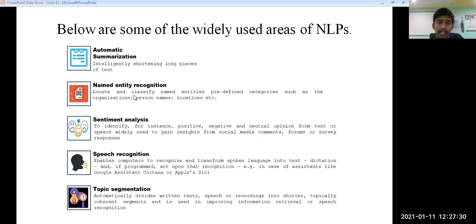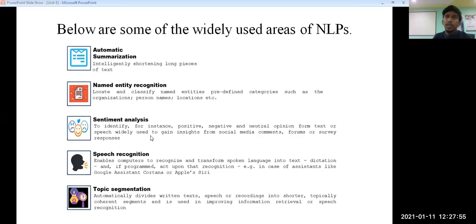That is, it will locate and classify named entities into predefined categories such as organizations, person names, locations, etc. So the most commonly used regular keywords, whenever you are feeding them, can be easily understood by the machine with respect to your named entity recognition. Okay. And the next important area is sentiment analysis,